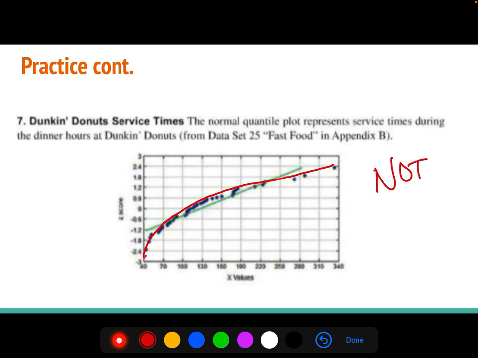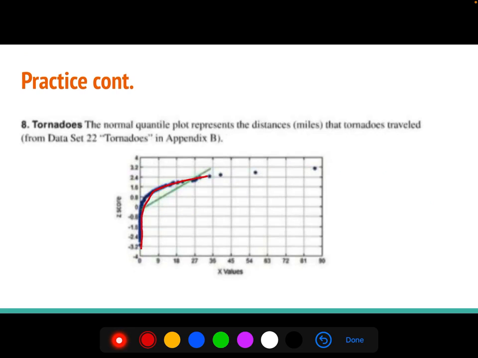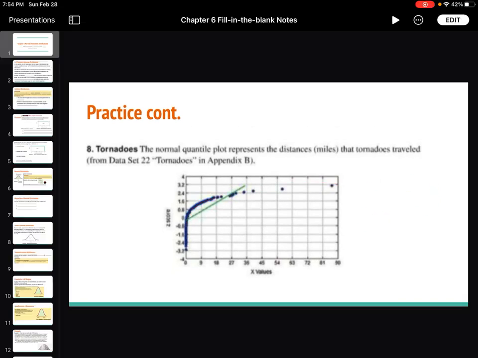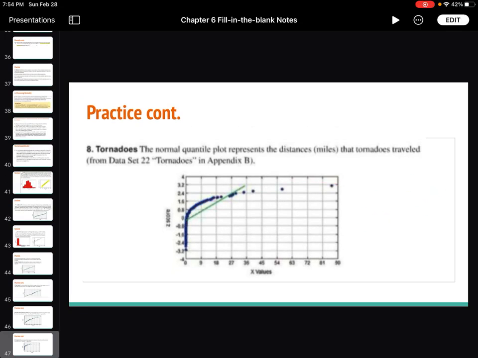This one, look at him. He's kind of got a log-looking thing, so he is not normal. So does this dude. He's really looking like a log. He's definitely not normal. Now you get to go practice all of